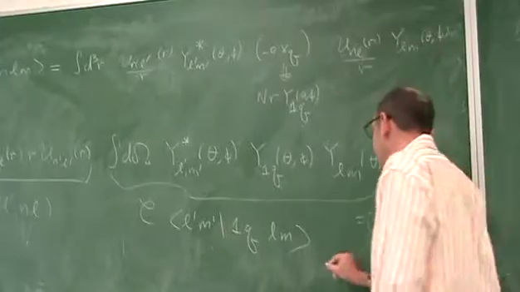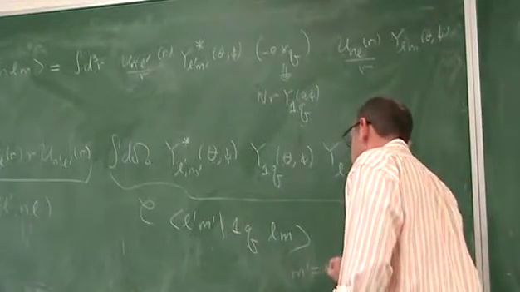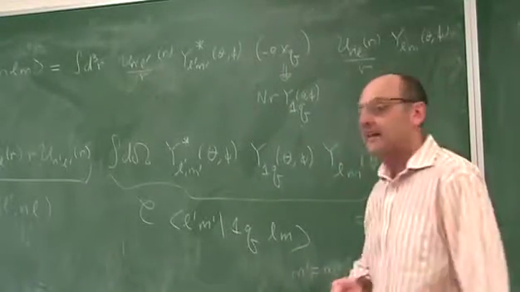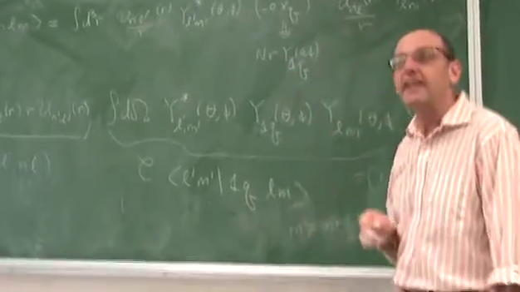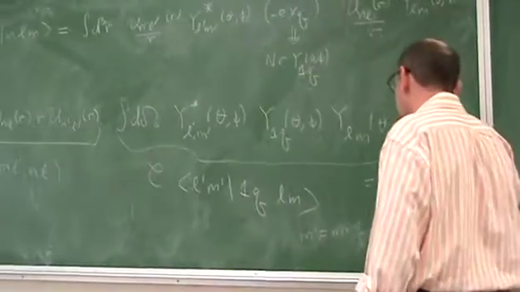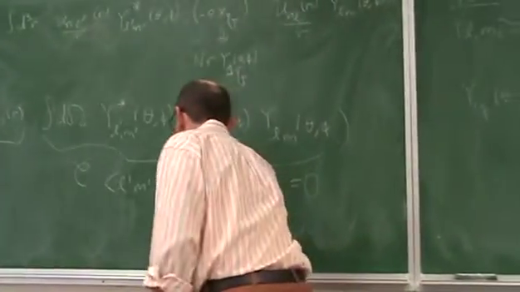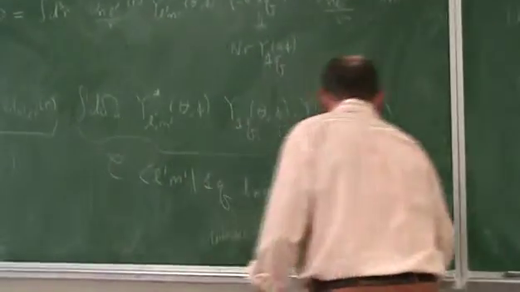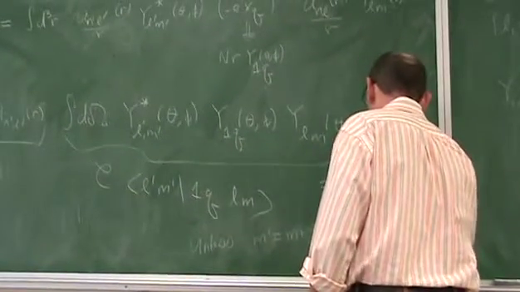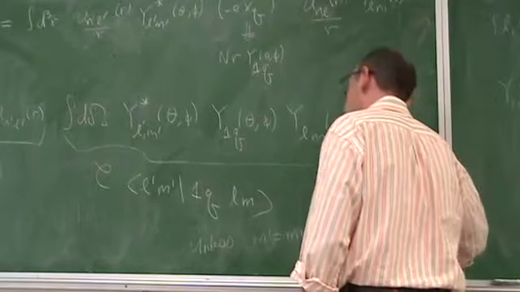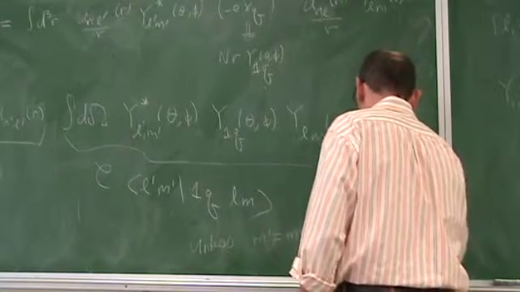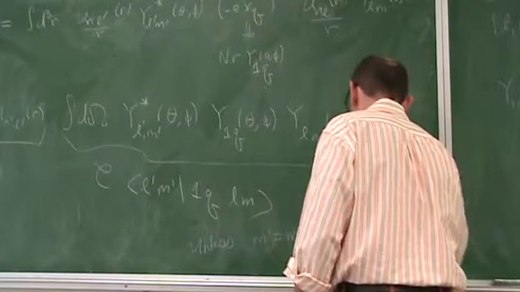So firstly, we know that M prime is equal to M plus Q. We already got that. We did that already. But we also see that this is 0 unless L prime is between